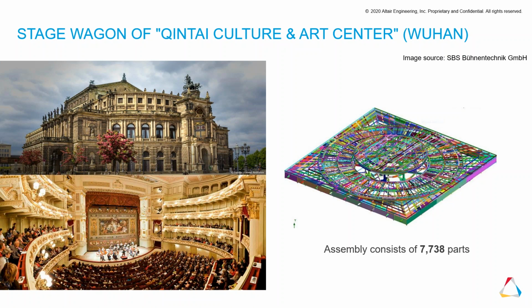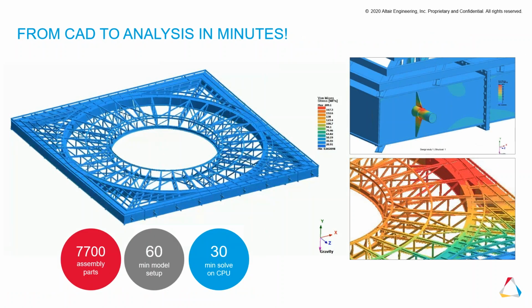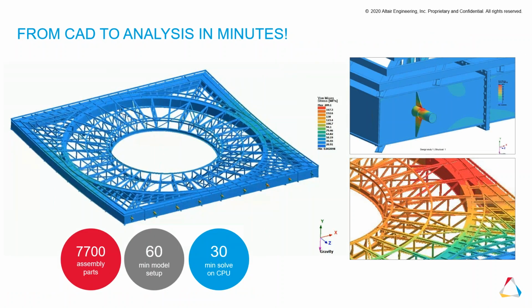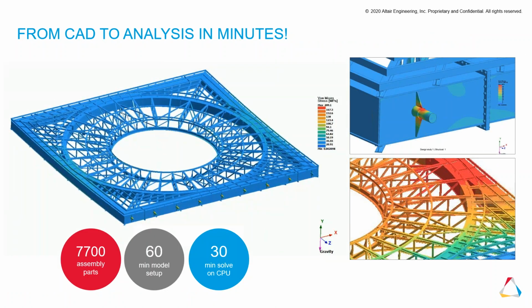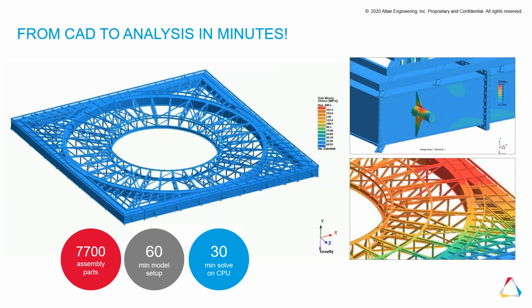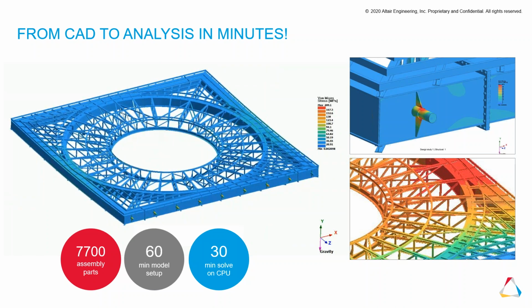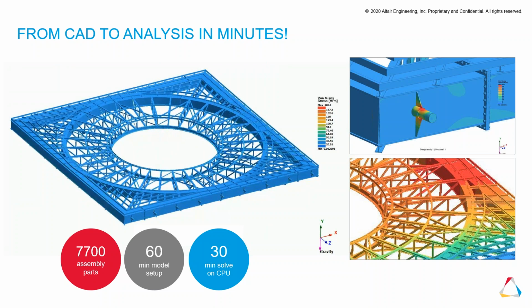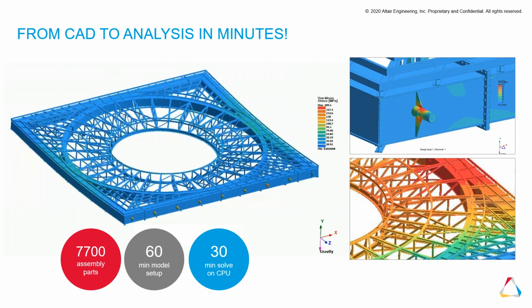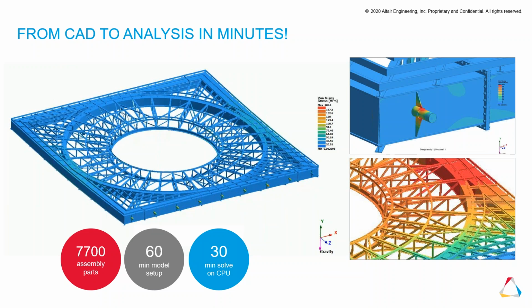So actually, this is an actual CAD assembly. It is a stage wagon in Wuhan, right? This assembly actually consists of about 7,000 parts, and it just took 60 minutes to set up in SimSolid, and also just took 30 minutes later to solve it on just a normal CPU, right? Not even GPU or high performance computer. It's just on a normal desktop CPU,